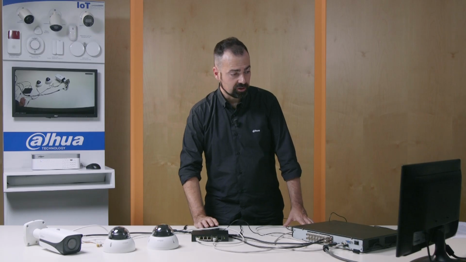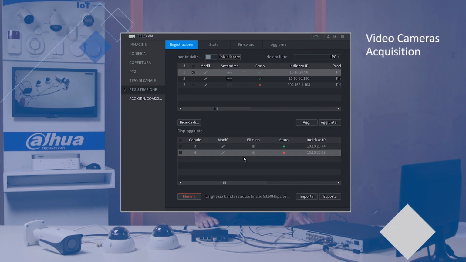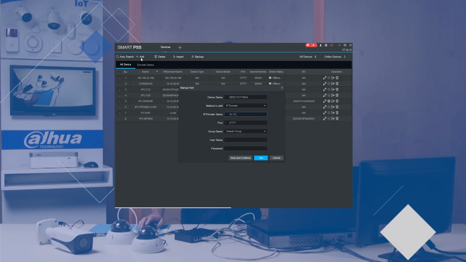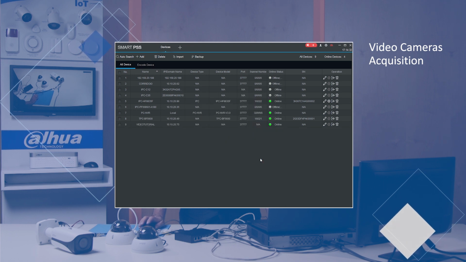Now we can add another camera, a fourth IP camera found on our network, by way of a PC that I've set up here and connected to the network using this XVR. I'll use the application Smart PSS, downloaded from our website, to add the device to the list of all the devices we've got. The status turns green, which means that the device is online and able to be reached by way